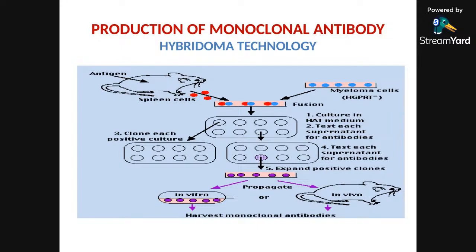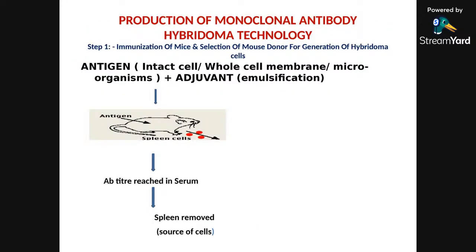That is cultivated and then again it will be propagated in vitro, that is a physical method, and then in vivo inside the mice itself it will be cultivated. Both are again tested with that antigen, whether the activity of the particular disease will be manipulated with that harvest of monoclonal antibody.